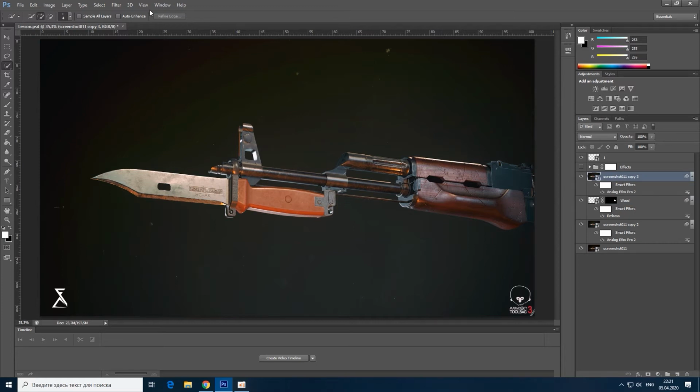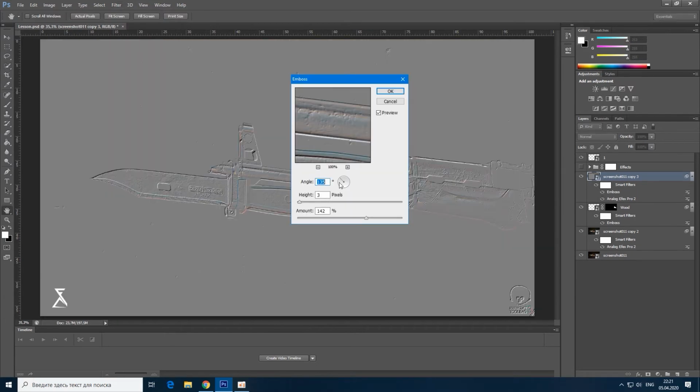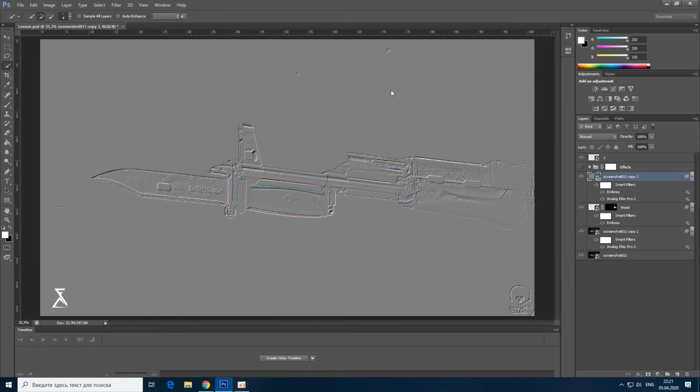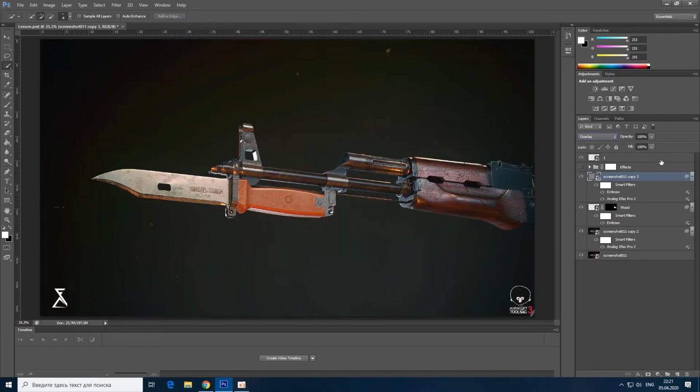And again let's filter, stylize, emboss, and let's choose value something about this, and again change normal to overlay, and let's maybe something like this. Okay. And now I think that handle of this knife is quite bright, and I want to change it